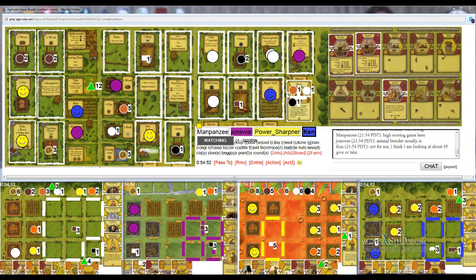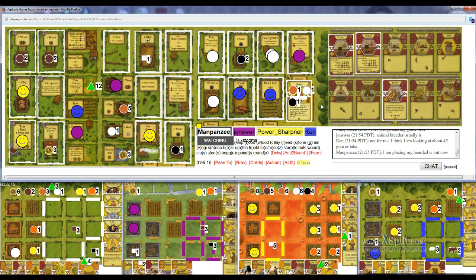Power Sharpener took Clay, I guess, to make sure he doesn't lose his major improvement action when he renovates. Probably just to pick up a fireplace. Probably. Yeah, I would assume something like that. Power Sharpener also, his renovation will be a free action due to his Slapdash renovation card. All right. Ah, yes. So I think he'll be able to squeeze past jonswar. But